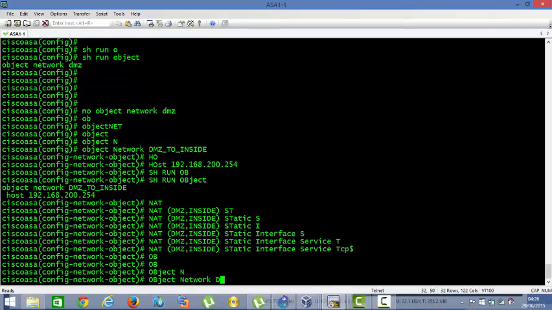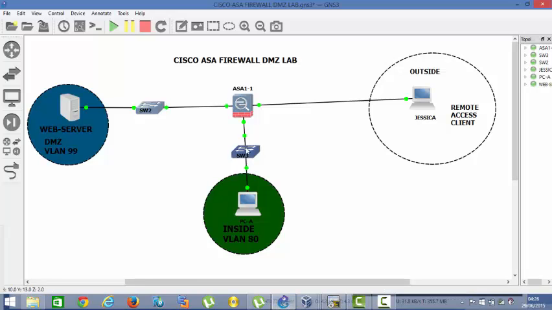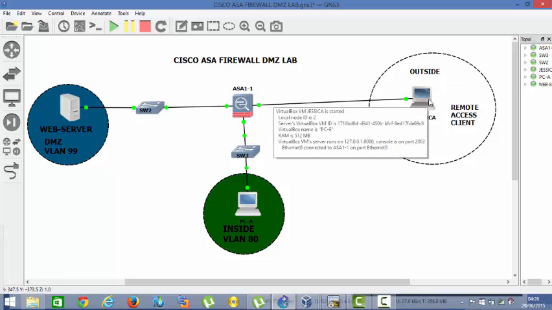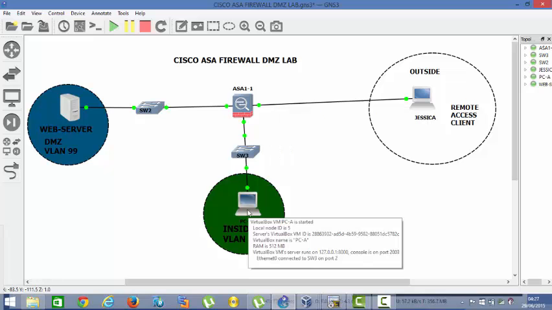Object network DMZ, because the object we defined now is the inside. We want our inside host, because we defined it in the NAT, so we said DMZ to inside. So this one is from our inside all the way to the DMZ. Now we have to define a NAT that goes straight out, a NAT that allows outside people to go to the DMZ through the firewall using port HTTP. Now we configured it for the inside to go through the firewall using HTTP,